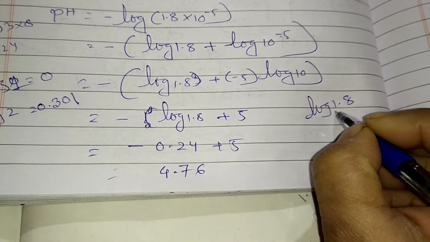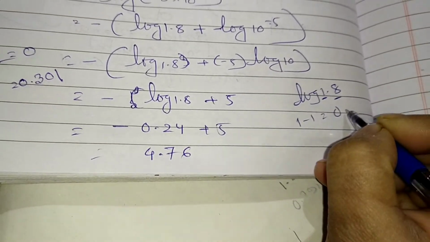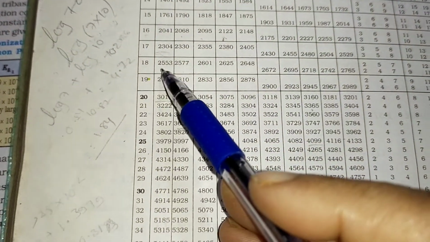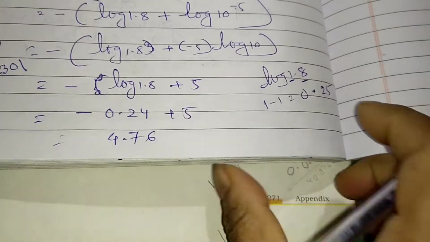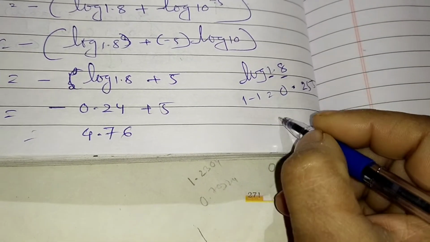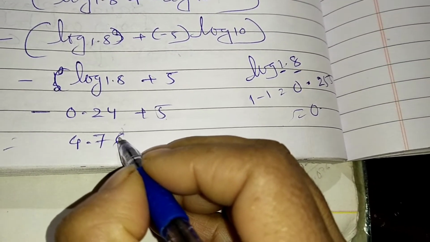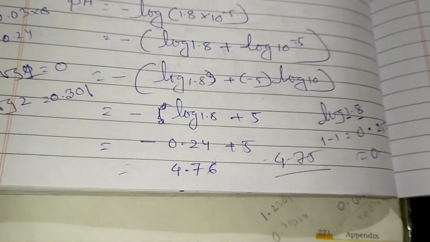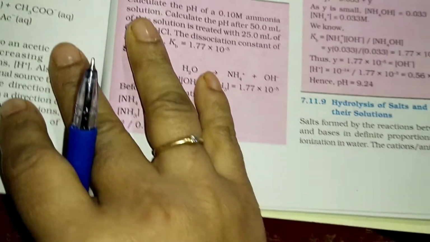Okay, the log has a characteristic and a mantissa. The characteristic is 1 digit, so 1 minus 1 equals 0 point. Now 18, we have to find out the value of 18, it is 2553, so 0 point, it is coming 25. Okay, now the same thing is coming 255, that you can write down here 0.25. So here 5 minus 0.25, that is coming 4.75. So बात वही है कि either 4.75 or 4.76, that is the answer coming here. Okay, so now we are coming to one more problem.